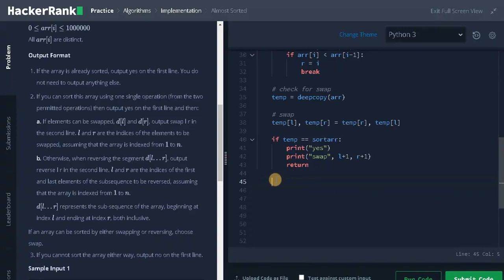Now for the third case, check for reverse. Again we make a copy of the array. So temp equals deep copy of array. Now we need to perform the reverse operation. Reverse temp equals temp from the starting to the left index, so that will be up to L, and this will be the reverse part,